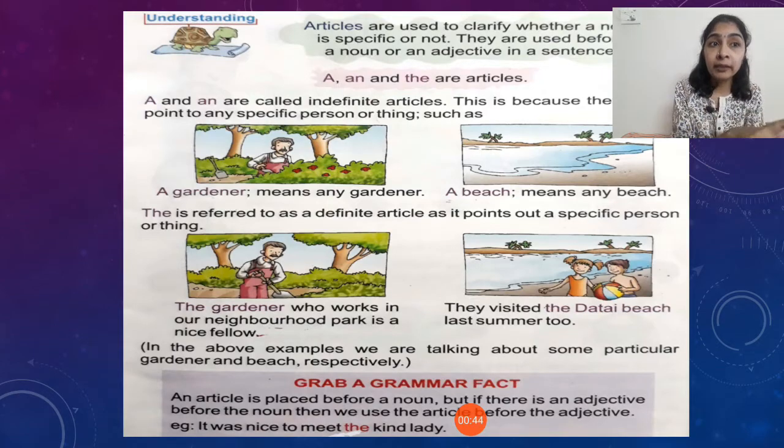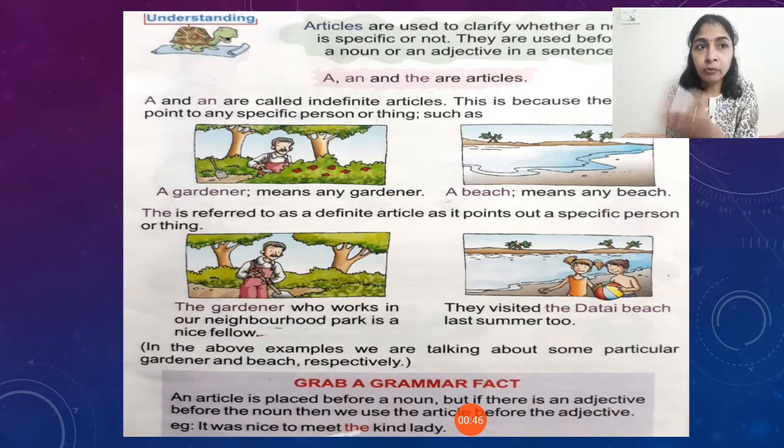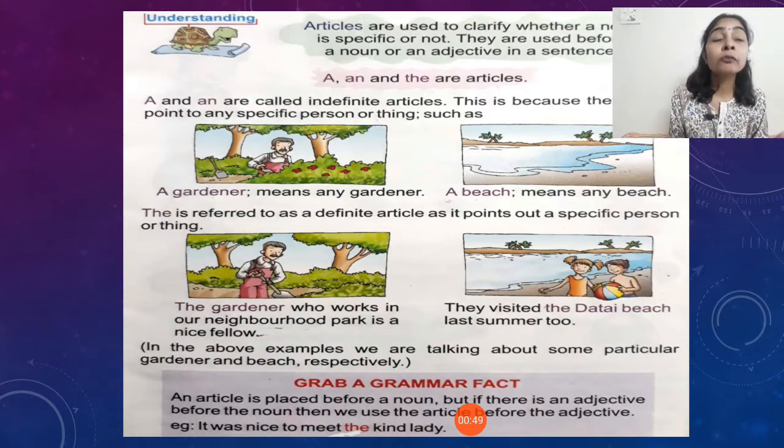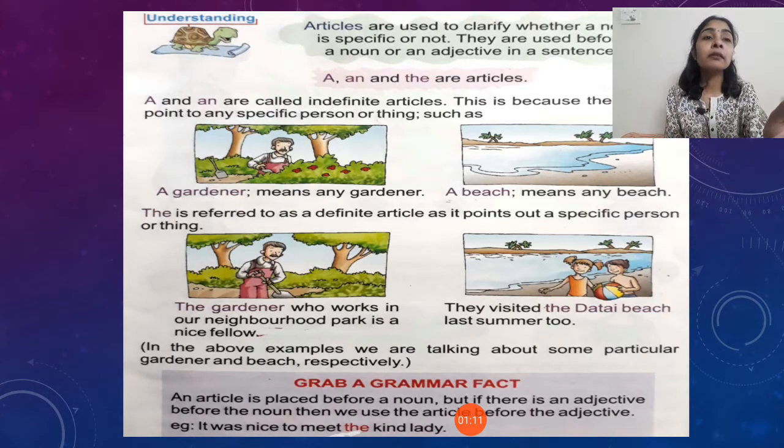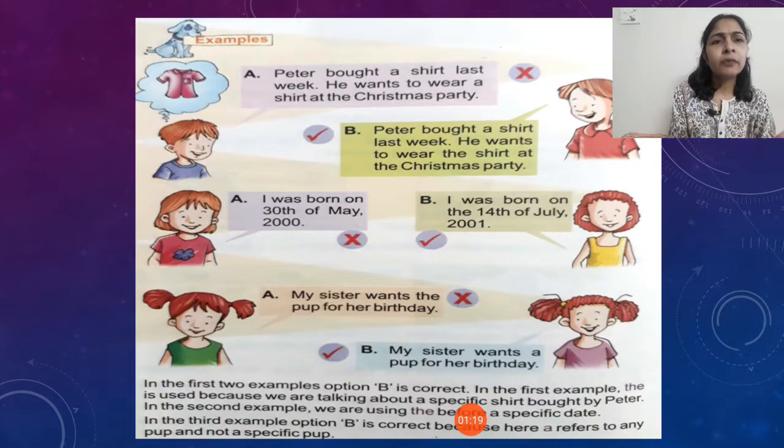The tall man you met yesterday, that means we are talking about that definite person, the tall man. So before the man, if we would have not described the man, then we would have said the man you met yesterday. But since we are describing that particular man, we are using an adjective there, so we use the there. Okay, so the tall man you met yesterday was my uncle. So here it's clear that when an adjective is there in the sentence, then the article the is used before the adjective. Okay, now let us see a few more examples, then we'll try to understand it.